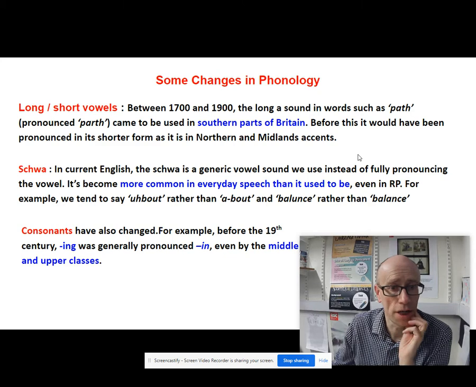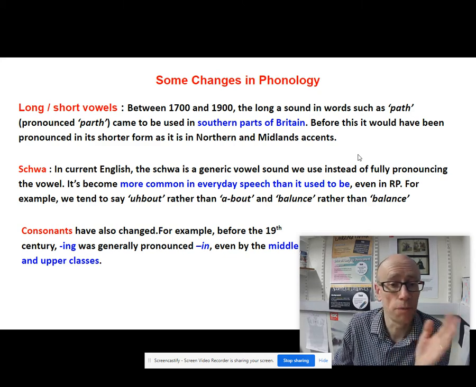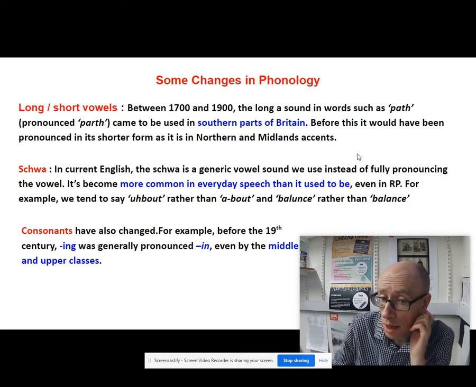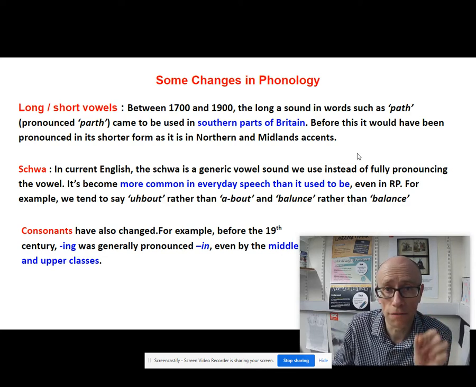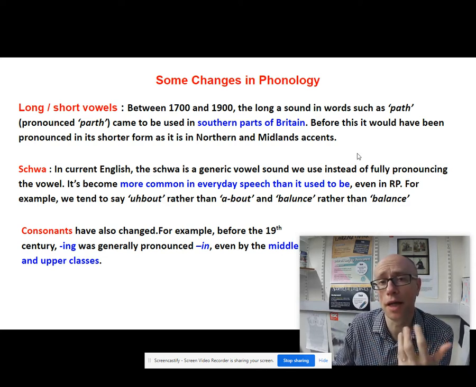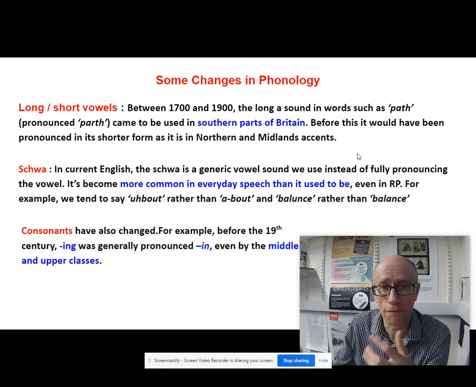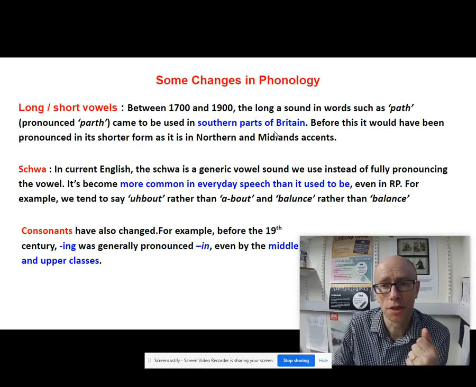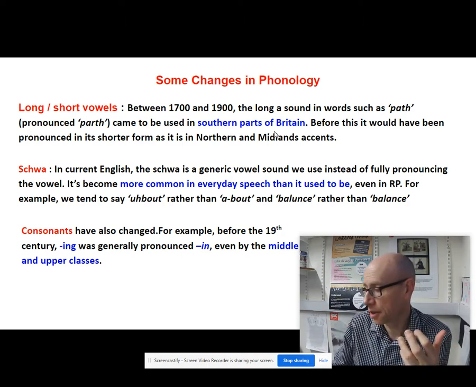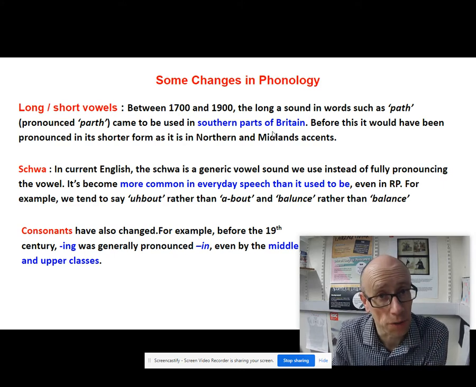Consonants, it's not just vowels that have changed, consonants have changed too. For example, before the 19th century, ing, so this is the velar nasal phoneme that you get on the end of progressive aspect verbs like walking, right? So ing was generally pronounced in, walking, even by the middle and the upper classes. So shooting, fishing, hunting, in the early 19th century, this was very much associated with aristocratic talk,